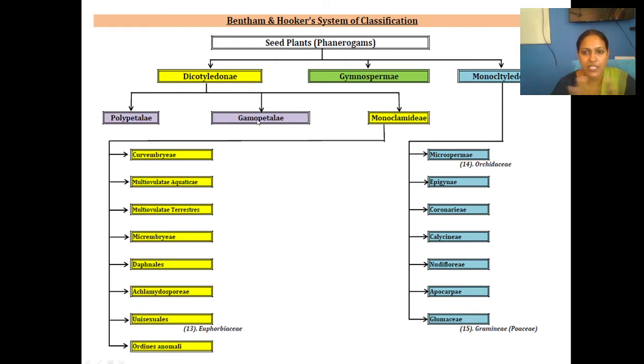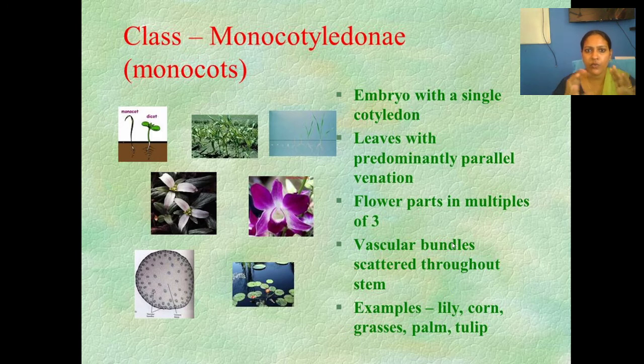This is a very familiar table for you people. This is the Bentham-Hooker system of classification. Here we are going to deal today with monocotyledons with 7 series, 4 plus 3, that is 7 series, and the Calycinae series and the Glumaceae, those 2 we are going to discuss today. So first we will have an overview of monocotyledons. That is embryo with single cotyledon, and the leaves have parallel venation, and multiples of 3 are our tepals. So we are saying it as tepals.